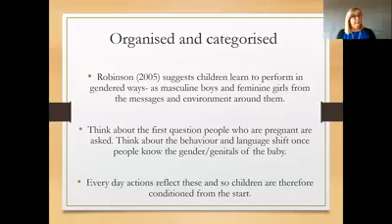Okay. Kerry Robinson has written about how children in particular learn really, really quickly how to act in their gender way. So they get messages from the environment and they get messages from their community and they get messages from their families. So an easy example about this is thinking about